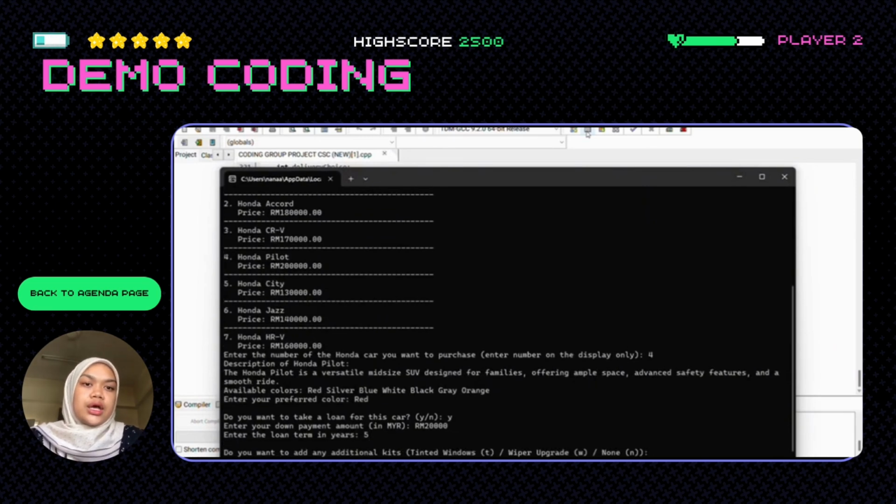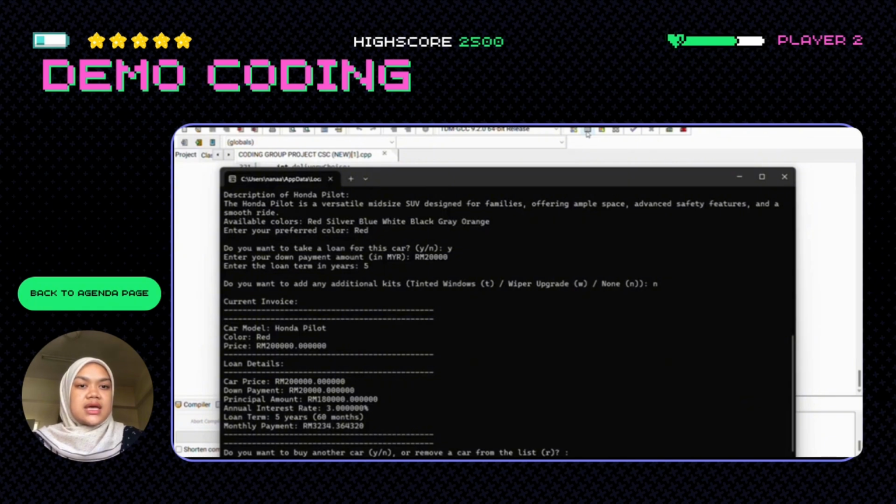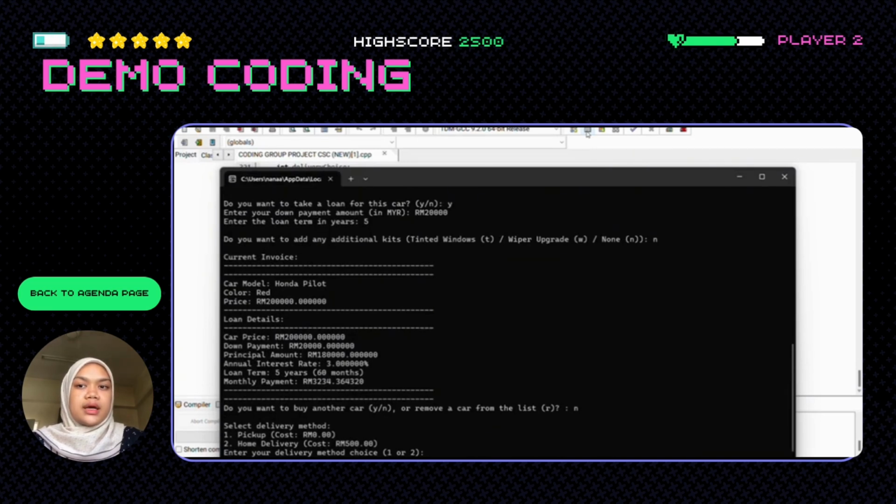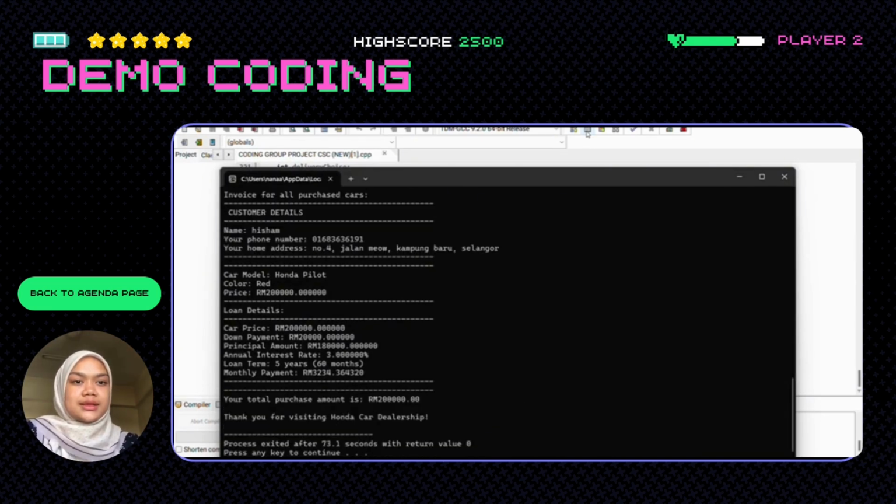Then, you will be asked if you want to add any additional kits and the current invoice will be shown. After that, you will be asked if you want to buy another car or not. Last, you need to choose the delivery method. Then, the invoice for all purchased cars will be shown and you will know the monthly payment for your purchase and